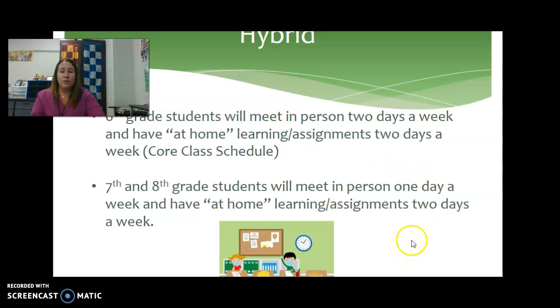Seventh and eighth grade students will meet in person 1 day a week, and then they will have at-home learning assignments 2 days a week. We're going to try this out because most of the GIEPs for the 7th and 8th graders will say that 3 times a week they are going to be working on their gifted goals. So in order to make that happen, it's going to look a little different than the regular schedule.